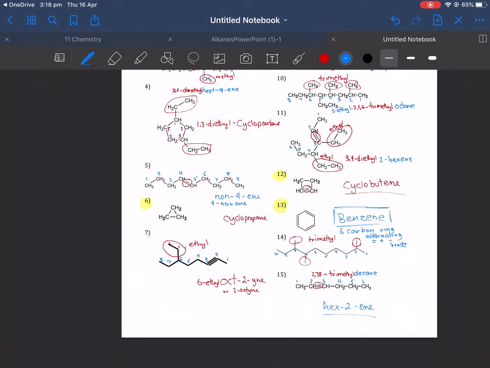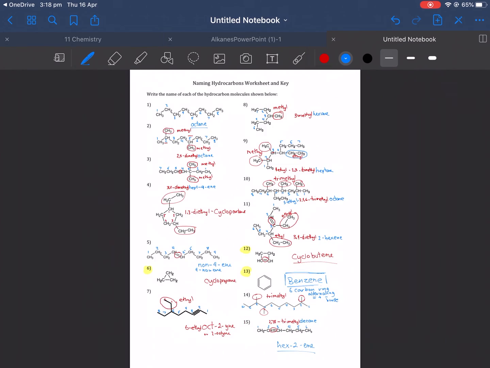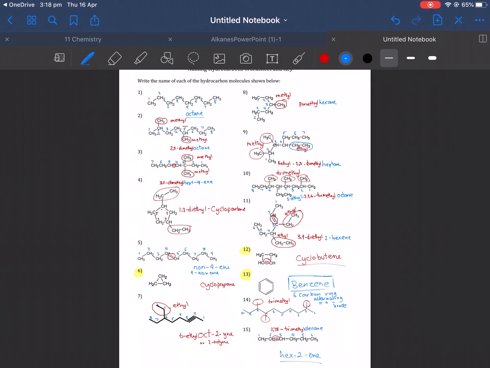So we have now gone through and worked out all of those. So hopefully that made sense to you, and if you didn't understand how to do it before, hopefully working through it is getting it in your brain what you need to do. And we're going to be moving on to more complex functional groups in next week's lessons. So hopefully you understand this and have this down pat before we move on to that. I hope you got